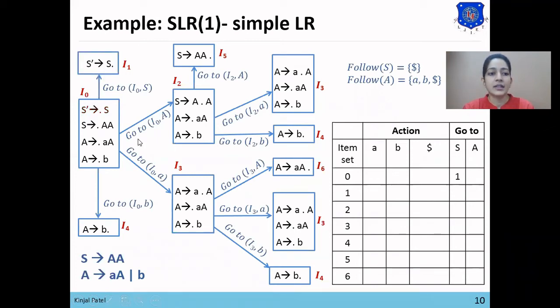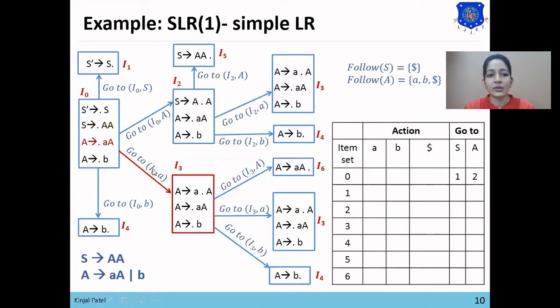For the second, goto(I0, A) = I2, so from 0 to A we place 2, as S and A are non-terminal symbols, so only numbers will be placed.